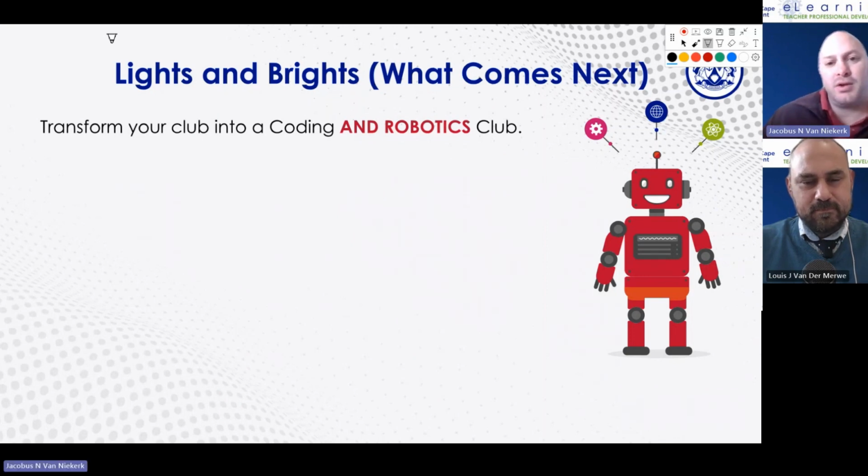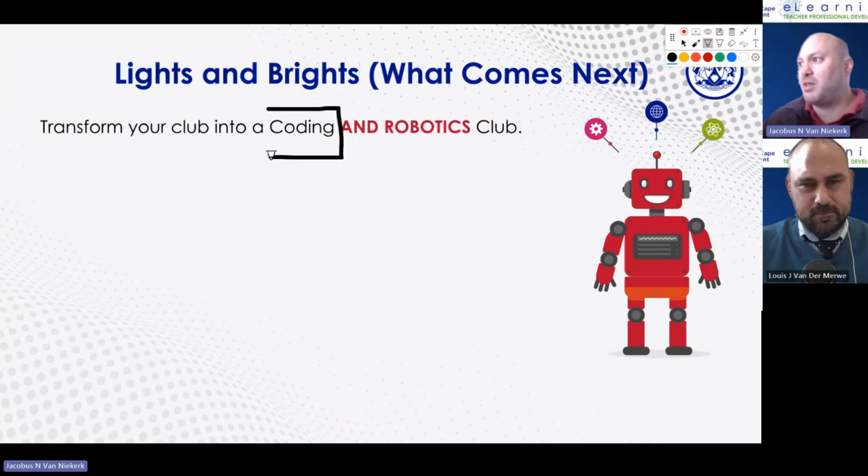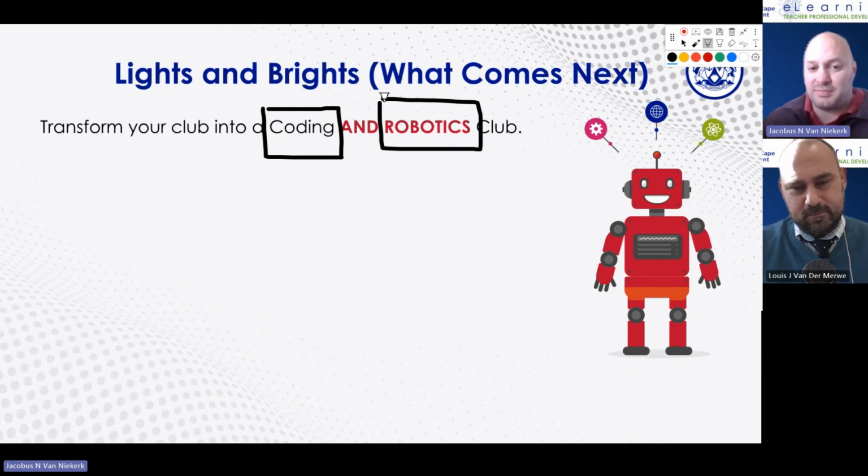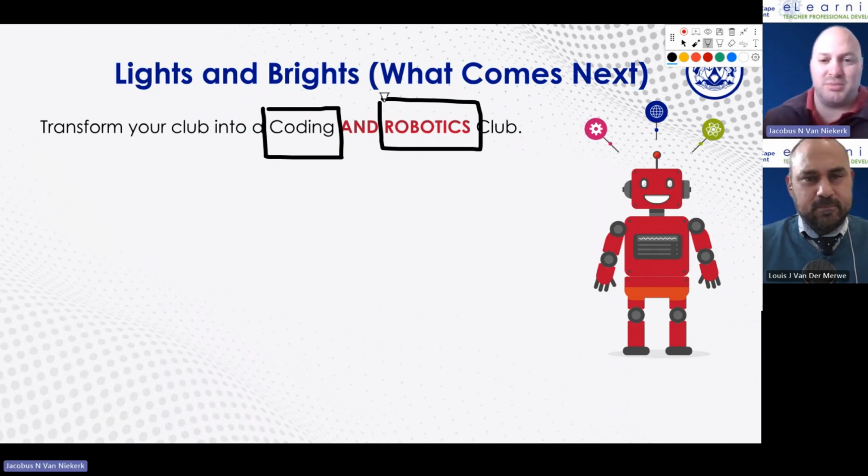So the critical thing for me, and this is a view that I've had for a while, is that when we talk about coding and robotics, it sometimes becomes a little bit intimidating. Coding, as we've just pointed out, requires enthusiasm and curiosity. Adding robotics becomes a bit more complicated. But before we do that, I didn't tell Louis I'm going to ask him this question, but let's see how he answers this. Louis, what is the value of adding robotics to the coding part, do you think, in your mind?